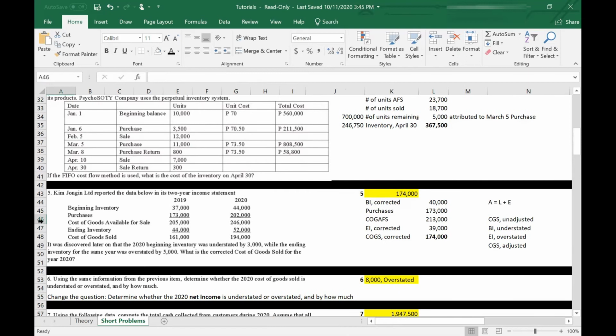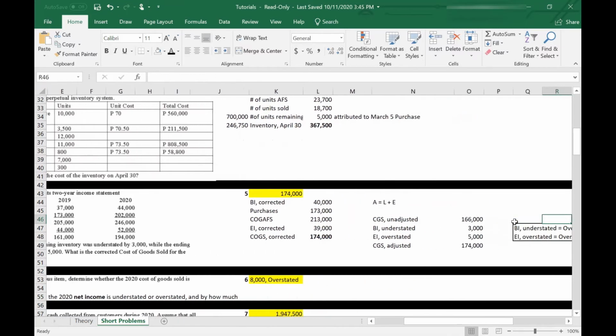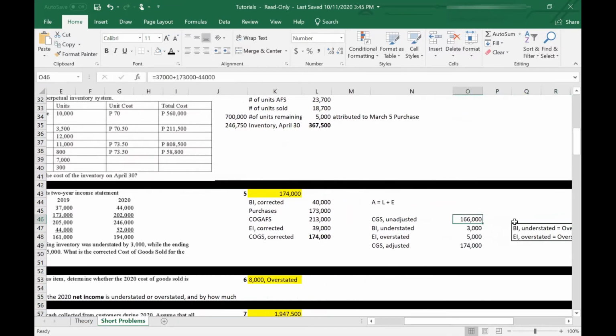Correction, if you do the footing, meaning if you add 37 plus 173, it should not be 205. It's 210, which is why if you deduct 44,000, the cost of goods sold per record should be 166. So I think that's a typographical error. So the cost of goods sold unadjusted should be 166,000 pesos, and then the problem says that the beginning inventory